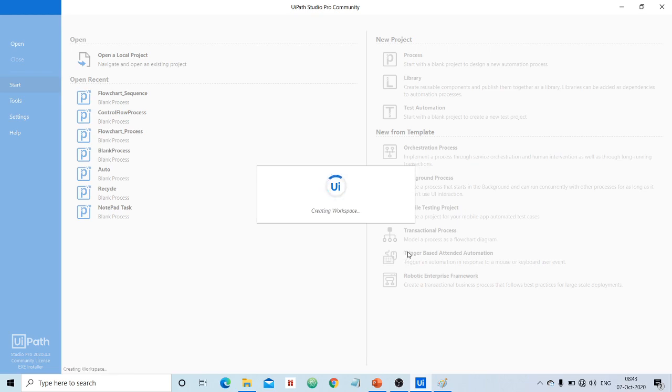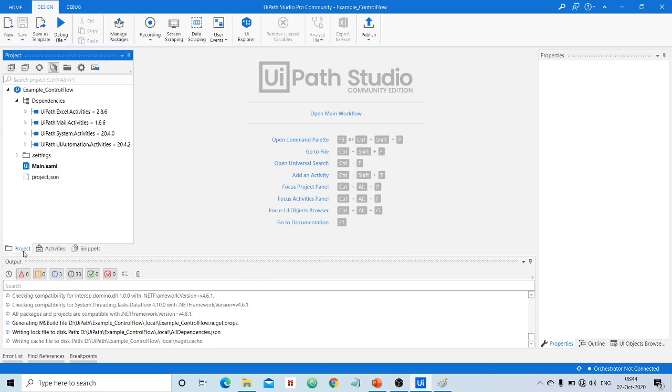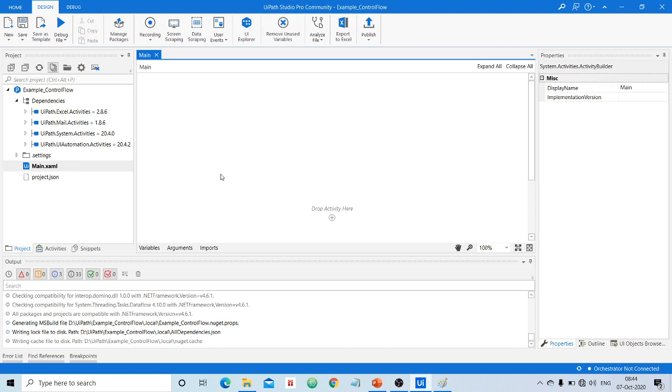Now let us assume our requirement is they will give an array of names, and we need to display how many names start with A. Once again I will specify the requirement.